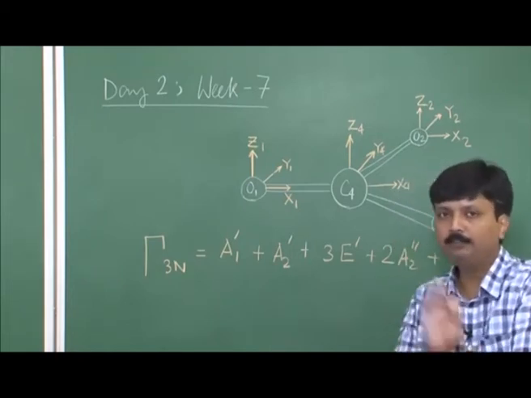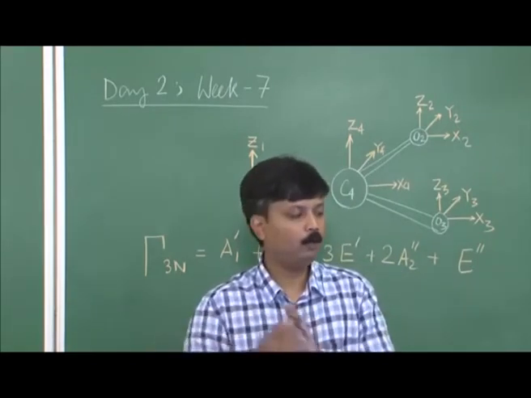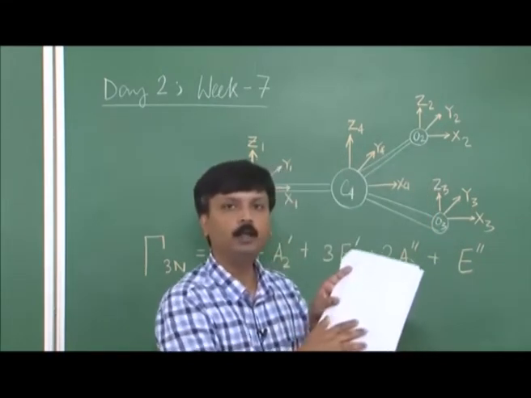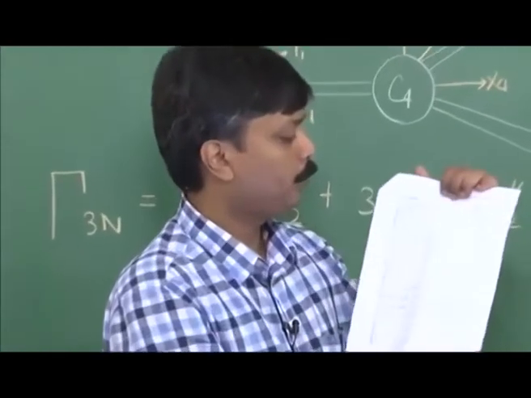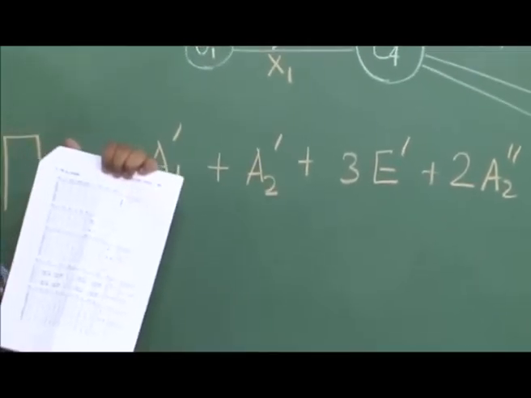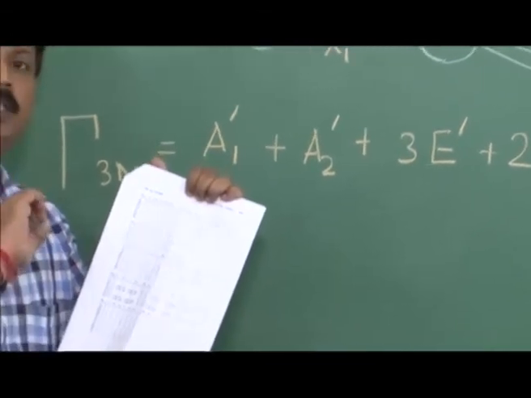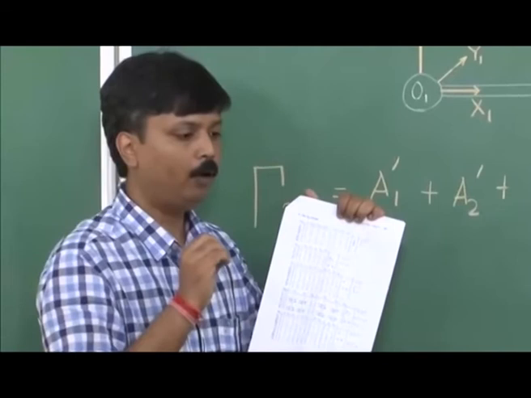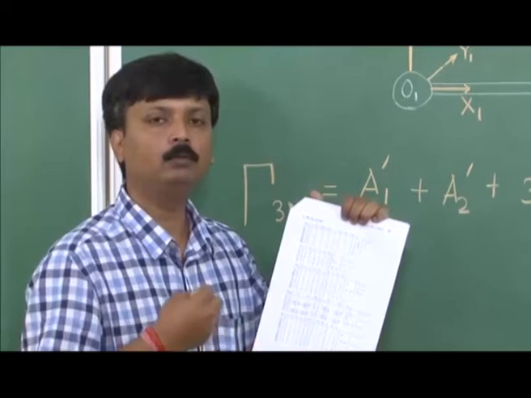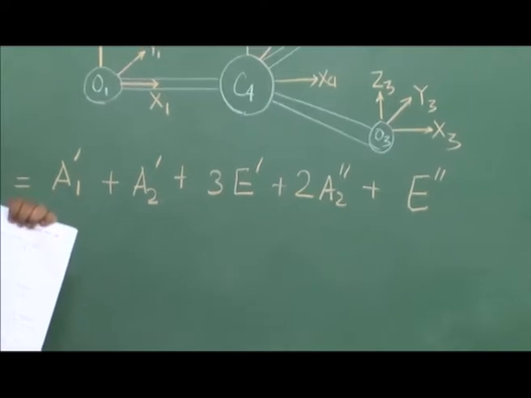So how do we do that? That's very easy. Again you have to take help from the character table of the particular point group. So again we will resort to the character table of this particular point group D3h. So we have got our list of irreducible representations, correct? Now what we have to do essentially is strike out all the options that are for translation and rotational motion. Then the residual irreducible representations that we get will be for molecular vibration.